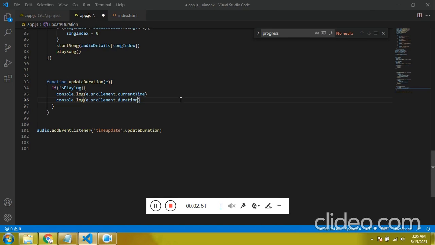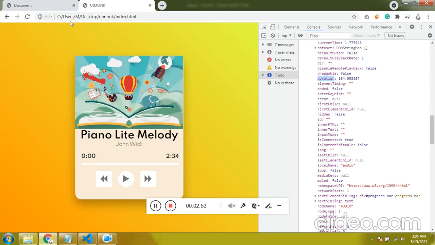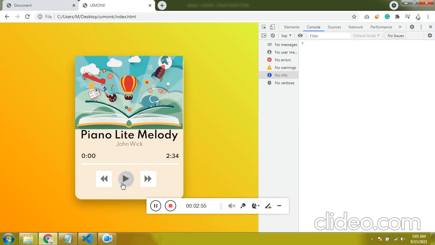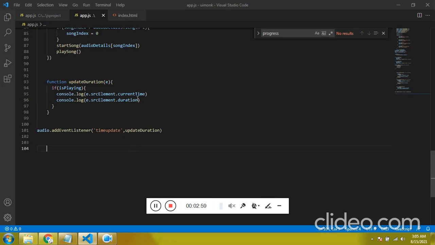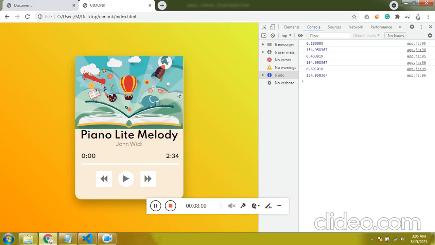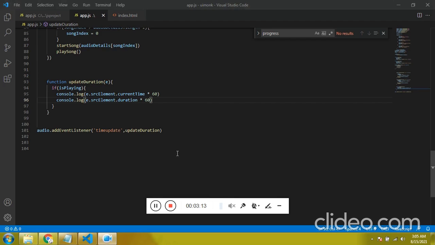So it's in the millisecond, you have to convert into second. That's a big task now. If I refresh, so we got this in the millisecond. So to convert into second, what you have to do is multiply by 60. I'm sorry for that, you have to divide it by 60 to get the minutes.